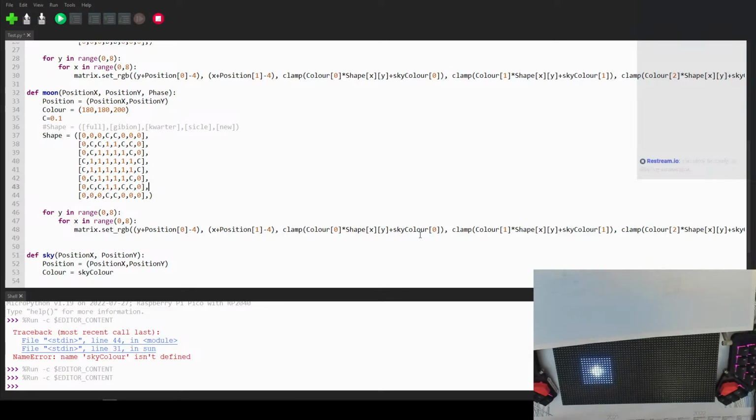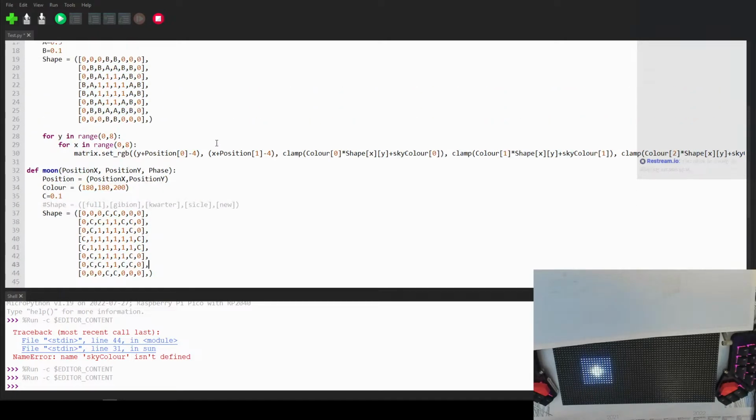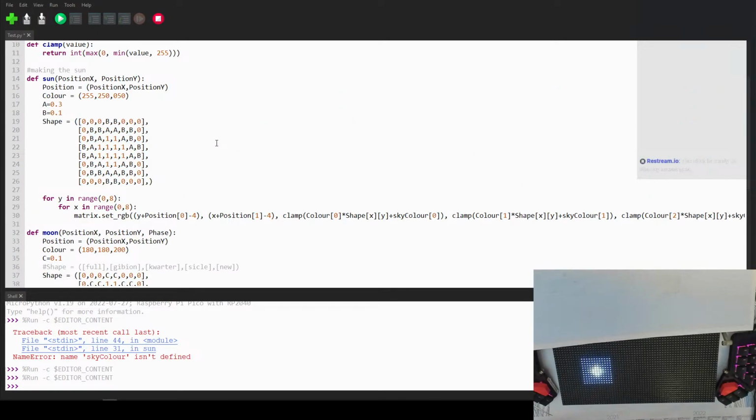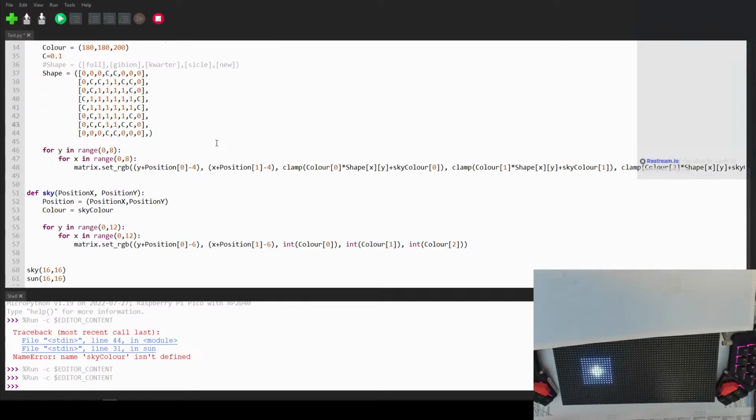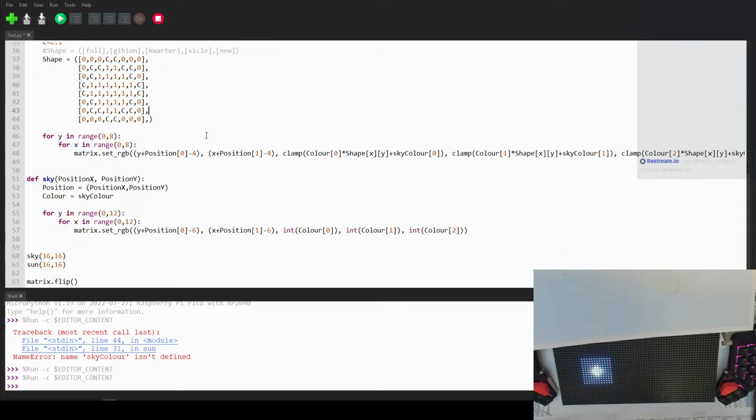The thing is, it's going to work with sky color though, which it should. So I think that's going to be a problem in a bit, but